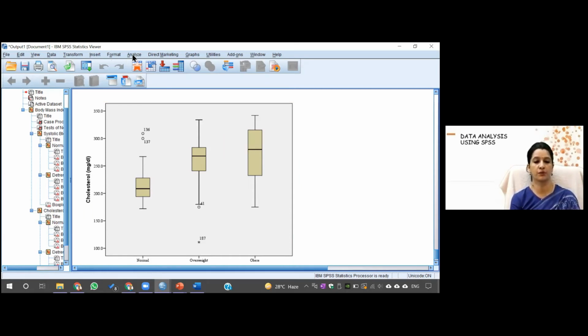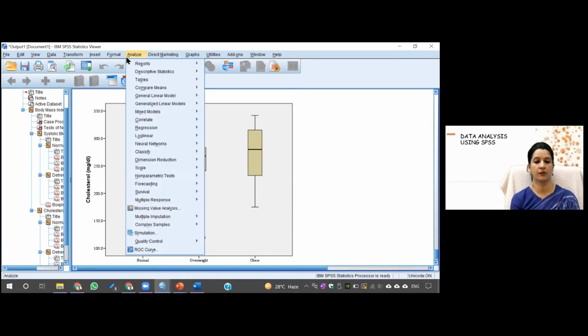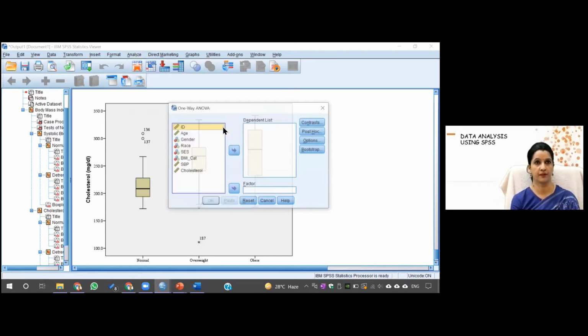So then you should go to Analyze. Now I can apply ANOVA. I'll go to Compare Means, and I have to press One-Way ANOVA. We did yesterday the one sample and the independent sample, then the one-way ANOVA. If you press this, again you will have a dependent list. So you can move these two together in the dependent list, and the factor, again BMI category.